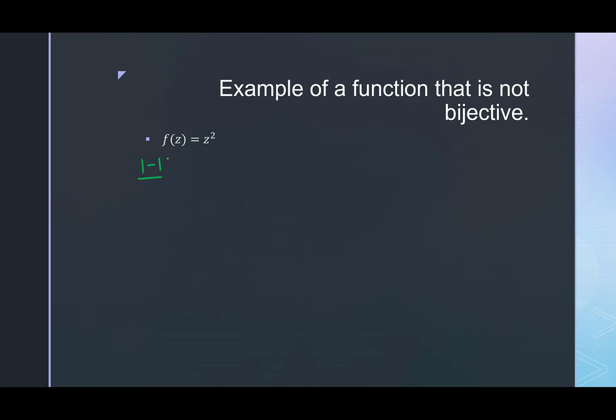Well, one-to-one, this is actually super nice. We can use our calculus experience from this. It's not one-to-one because f of 1, and remember, 1 is a complex number, f of 1 is equal to f of negative 1, because 1 squared is equal to negative 1 squared. However, 1 is definitely not equal to negative 1. So not a one-to-one function. Boom. So we can actually use our calculus experience to prove that. Now, why is it onto? Well, we're going to do the same exact thing we did with z cubed. So let's let a, b, and c.